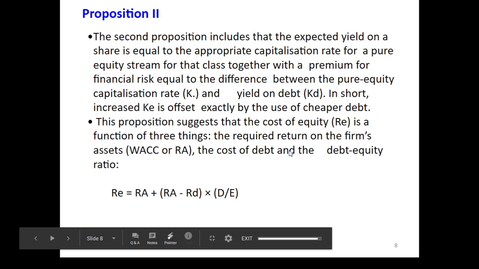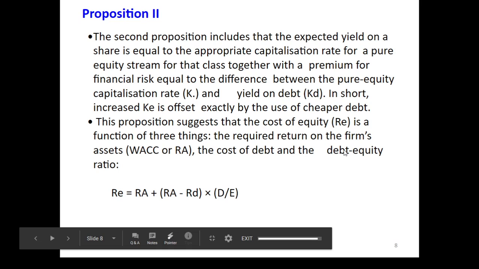Next, coming to proposition 2. In proposition 2, the authors said the financial leverage is in direct proportion to the cost of equity with an increase in the debt component. The equity shareholders perceive a higher risk to the company. Hence, in return, the shareholders expect a higher return, thereby increasing the cost of equity. A key distinction here is that proposition 2 assumes that the debt holders have the upper hand as far as the claim on earnings is concerned. Thus, the cost of debt reduces.